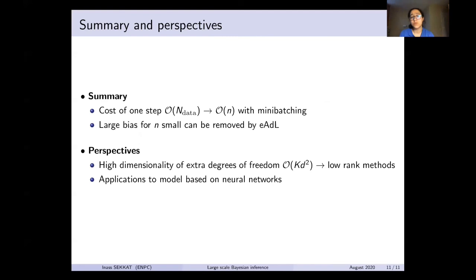So overall, the idea is that with mini batching, we can go from n data cost per iteration to n, which is a fraction of it. However, in techniques such as the SGLD, this results in bias. This bias can be removed by the adaptative Langevin dynamics as long as the covariance matrix is constant, which is not always the case. If we can approximate the covariance matrix by a finite basis or decompose it in a finite basis of functions, the extended adaptative Langevin dynamics allows us to remove the bias.